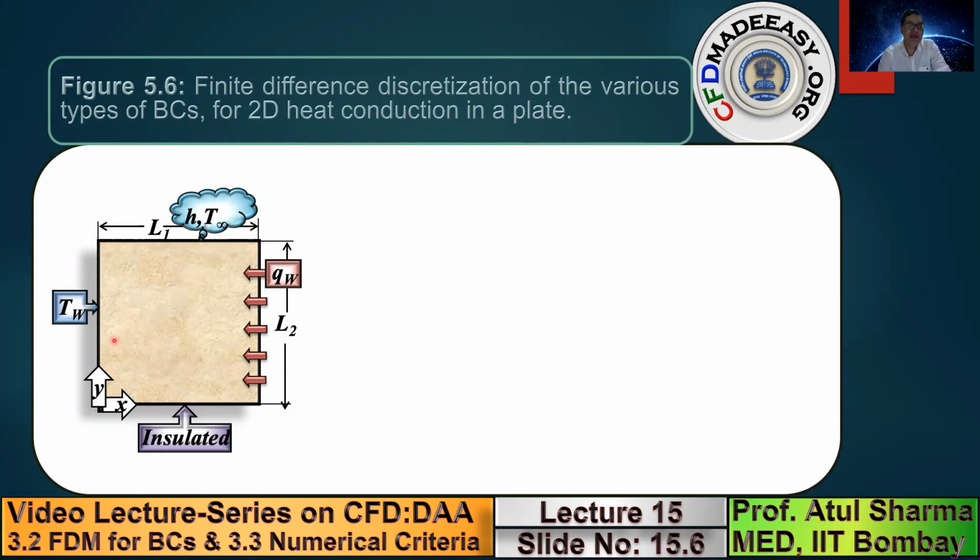I mentioned in my previous lecture, among the various types of boundary conditions, the constant wall temperature is called Dirichlet boundary condition. Insulated and constant heat flux are gradient type of boundary conditions, where the normal gradient is 0 in insulated and normal gradient at wall is equal to some constant in the constant heat flux boundary. And the convective boundary condition is a linear combination of the value of temperature at the wall and the normal gradient, and this is called the Robin or mixed type of boundary.